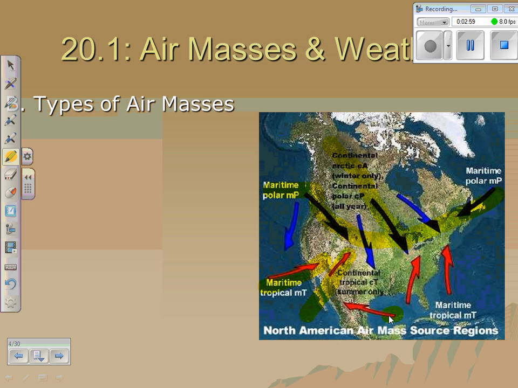Continental tropic can also bring in from the Mexican peninsula that dry air that causes a lot of drought in the Texas area. And maritime tropical, this is the weather that we like to see in northern Wisconsin. From the Gulf, that warm moist air is brought up into Wisconsin from the south or the southwest, and typically makes our summers or springs pretty nice.